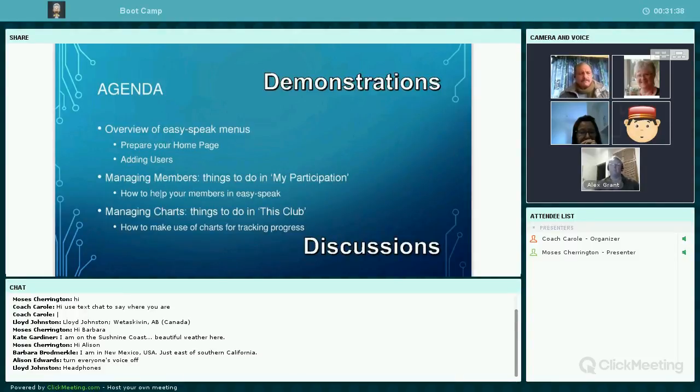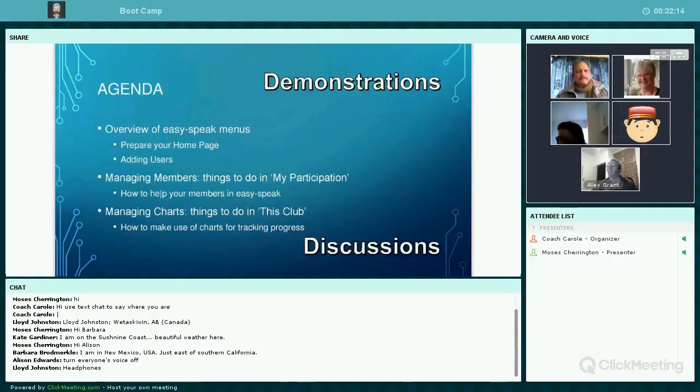We're going to break into 3 pieces, I think, for this agenda, and that is to have a look at what it is that your first-time users would need to see on your homepage, and then how do you add your users so that they can see the homepage. So some very simple stuff right at the beginning. Then we'll have a look at how you can help your members to do things, because you want them to take charge of their own learning in here.